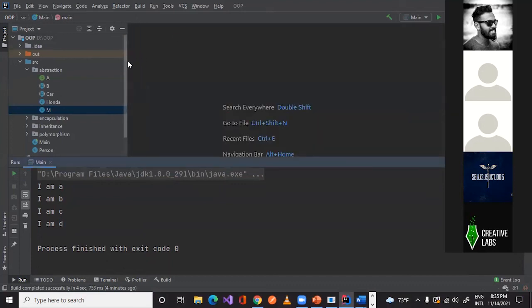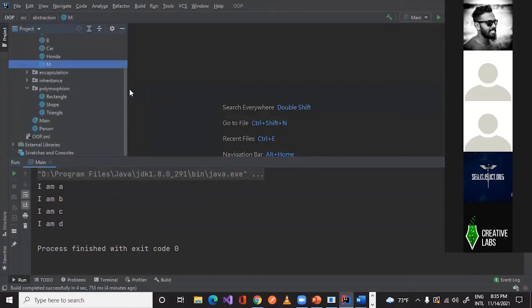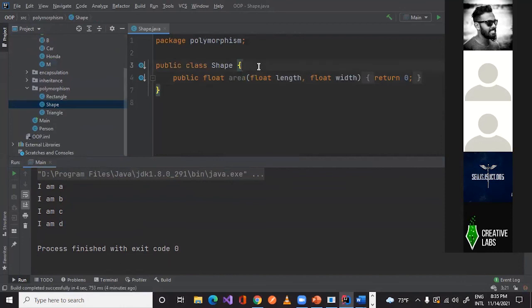So now let's say I have a class called shape. This is the parent class, right? I have a function called area. A shape can be any shape, right? So we are passing two parameters, which are length and width. Are you clear about this class?